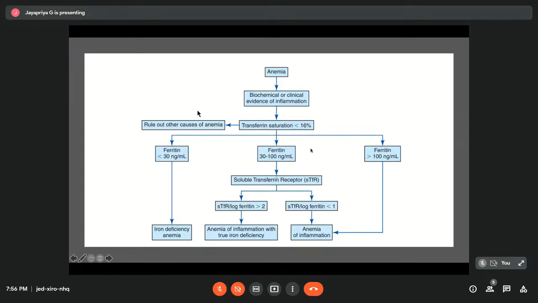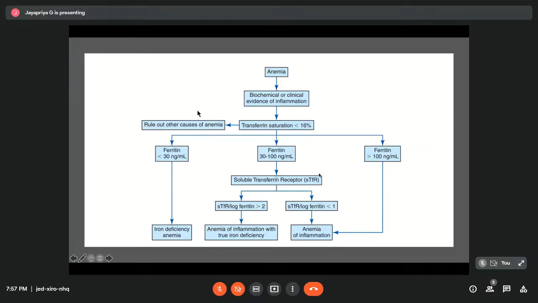But the problem arises when the ferritin level is at an equivocal level. It's usually when the ferritin concentration is very high, usually more than 100 nanogram per milliliter. A low transferrin saturation with a very high ferritin level indicates an anemia of inflammation, while a low transferrin saturation with a very low ferritin level will indicate an absolute iron deficiency. But if the ferritin is at an equivocal level like this, then